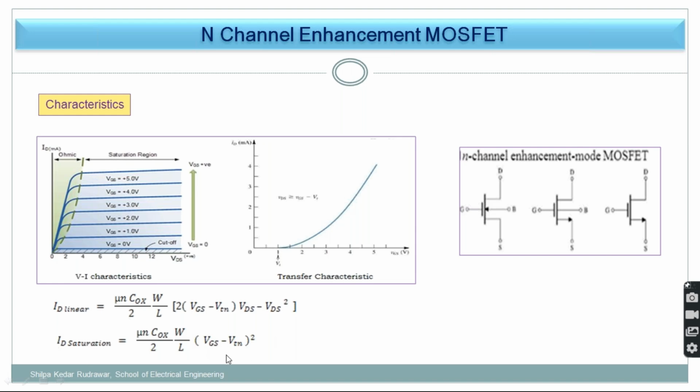Just remember this, so that at the time of writing you will be clear. VDS will not be present in saturation because it is a constant current source. My current ID is independent of VDS. So hope you are getting the things. It is not going off on a tangent. So read the things again. If you are having any